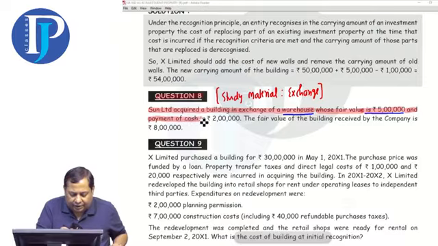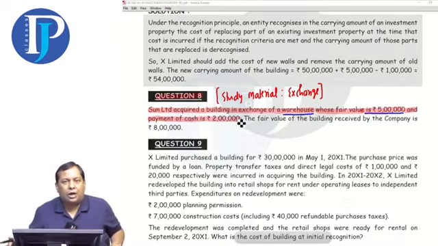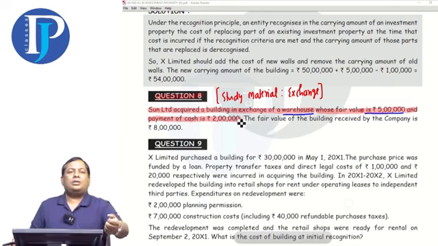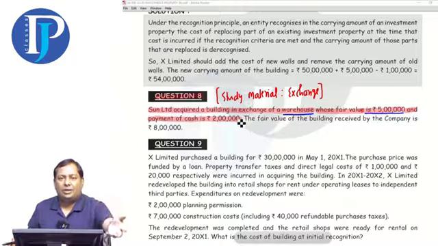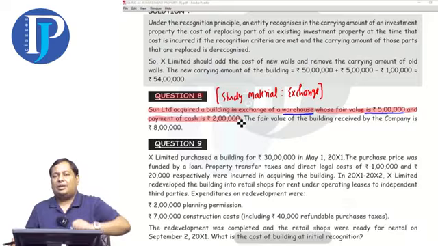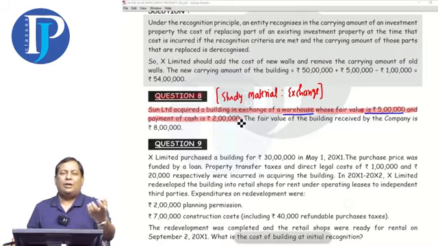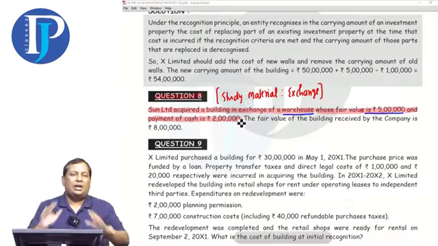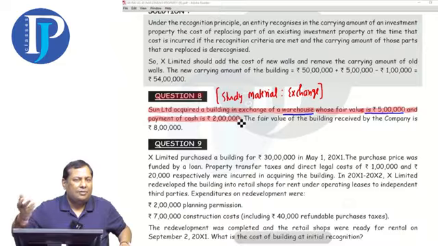the payment of cash is 2 lakhs in total. Okay, students? 2 lakhs in cash. It became 7 lakhs. They gave a warehouse worth 5 lakh rupees, and you gave a total of 2 lakhs in cash. So the total value is 7 lakhs. So the new property that you have will be recorded at 7 lakhs because the value of given up is 7 lakhs.